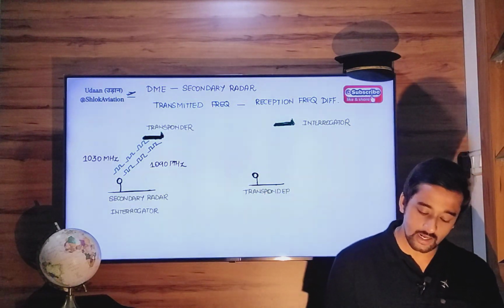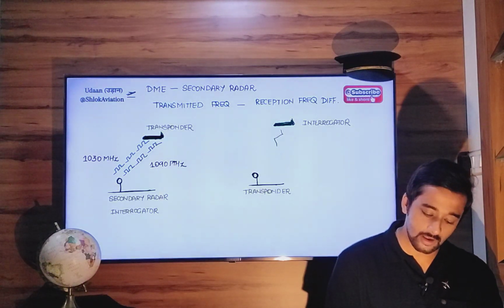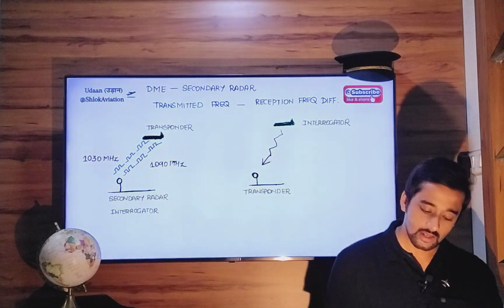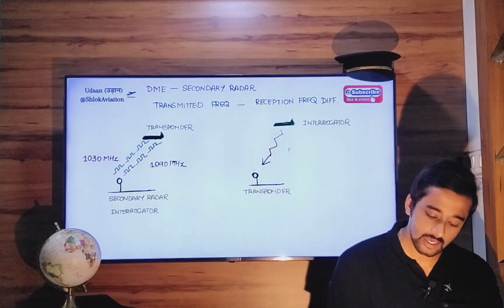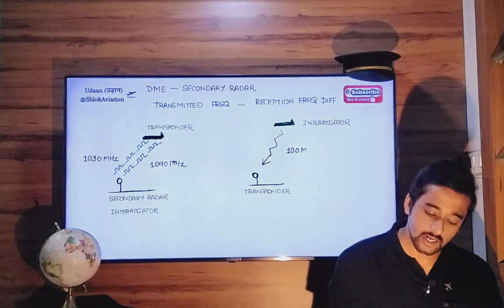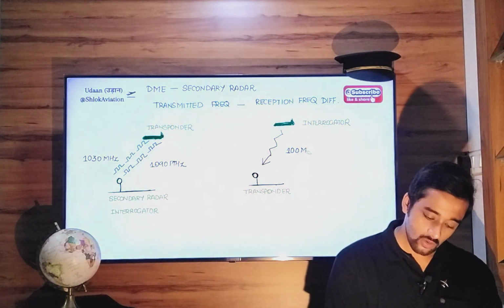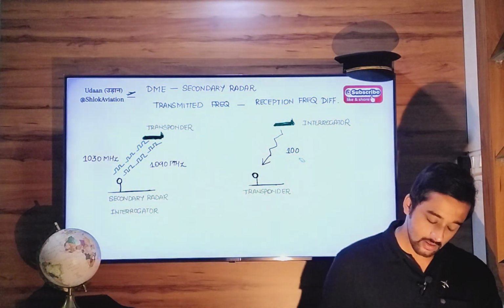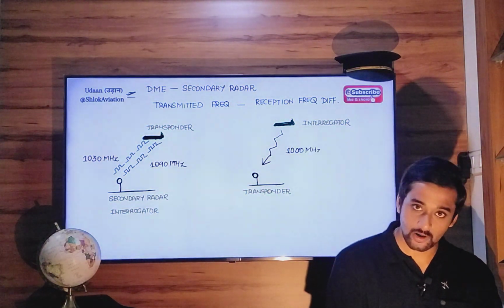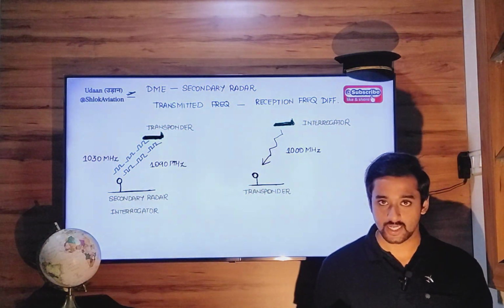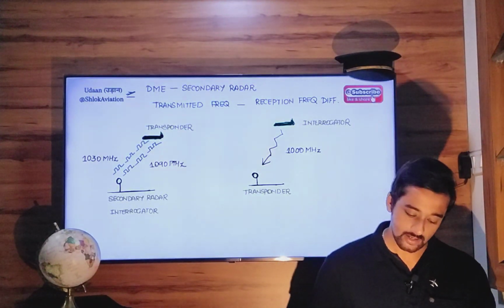So the interrogator will transmit interrogation pulses at a particular frequency. Let's say for the sake of this example only, for simplicity of understanding, it transmits at 1000 megahertz. So the ground transponder will wait for 50 microseconds and then retransmit reply pulses